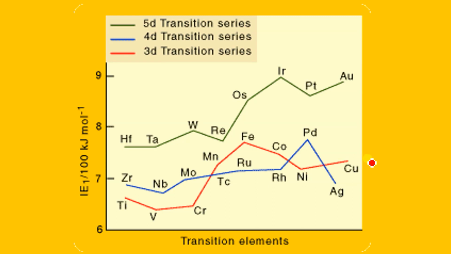So there is no fixed reason why. In this case it was decreasing, but here we can say it is almost the same. In this case third to fourth it was increasing, but in this case third to fourth it is decreasing. So there is no particular trend between that. That's why it is completely experimental. Let it be experimental only. It will not be asked why it is less and which is more. Questions on transition elements will not be asked like that. Just the facts can be asked, and you have to learn them.